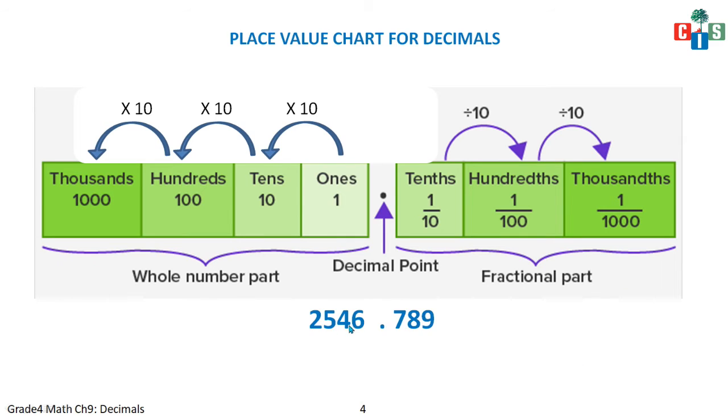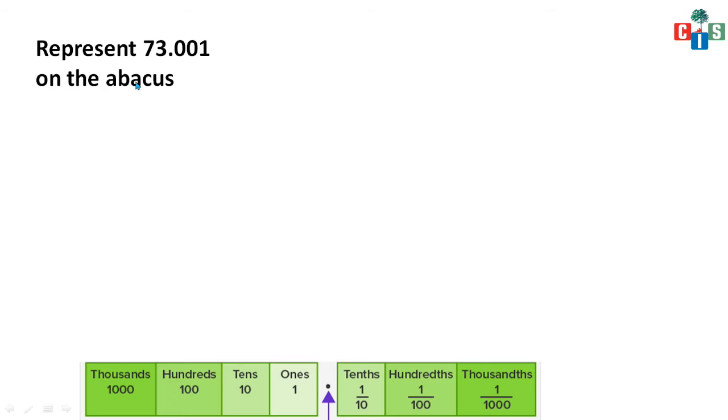Clear? Now see, this 6 is in the ones place, 4 in the tens place, 5 in the hundreds place and 2 in the thousands place. And this 7, what is it? See kids, when there is a decimal point, it starts from here. 9 is not in the ones place. Clear? Don't make the mistake here. Many of you will make a mistake here. Ones or tens will not start here. It starts immediately after the decimal point. So this is 10th, 100th and 1000th. Here you go this way and here you go this way. Clear? Fine.